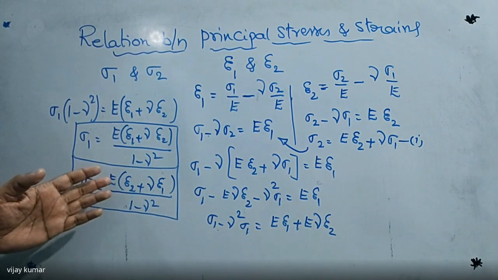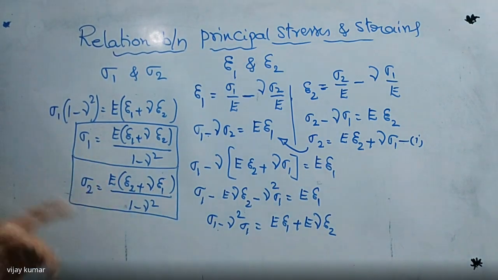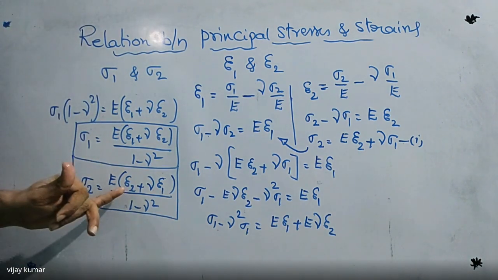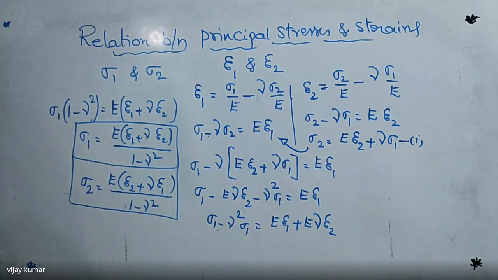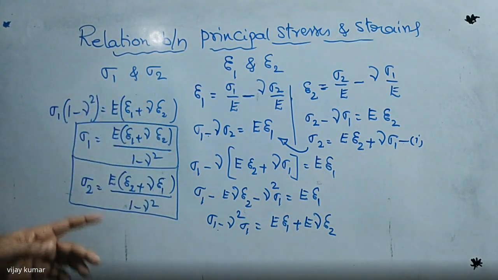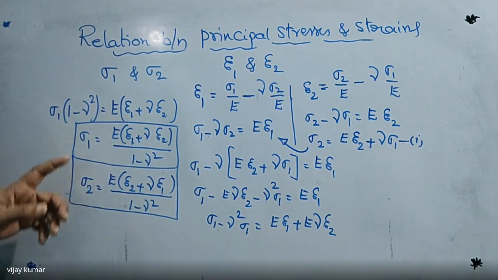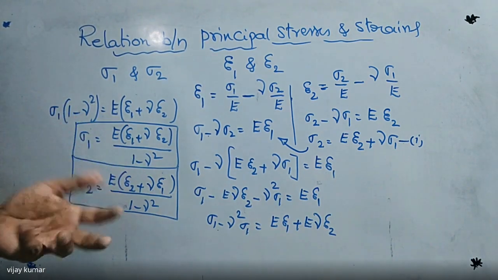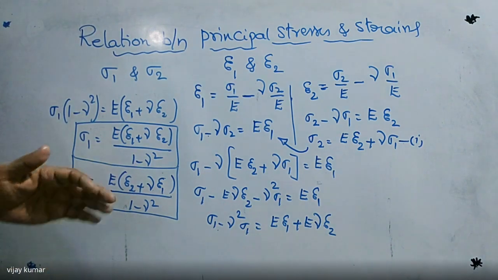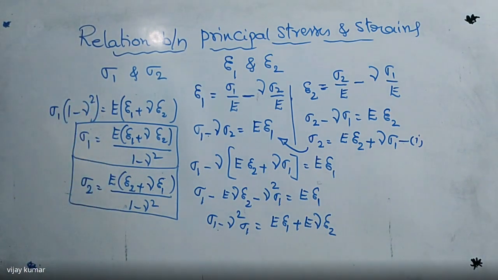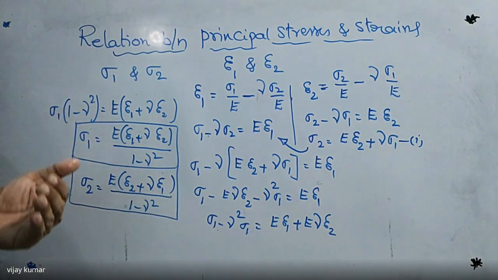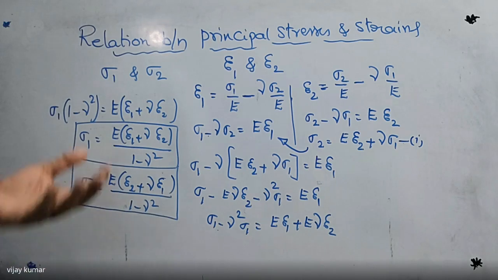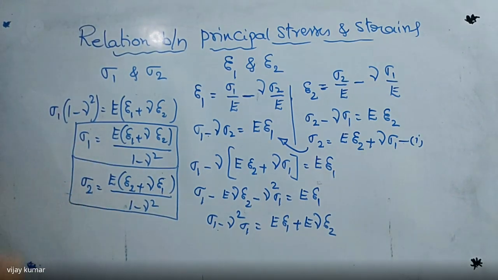We know that for different materials we have different Young modulus and different Poisson ratio. Then we can know epsilon 1 and epsilon 2 by using these strain gauges. Then we substitute all the values and we can get principal stress 1 and principal stress 2. After finding sigma 1 and sigma 2, we can easily say which one is maximum and which one is minimum, depending on magnitude. Did you get my point or not? Depending on the maximum stress, we are going to consider the design of the element. That is, design is totally based on maximum stress.